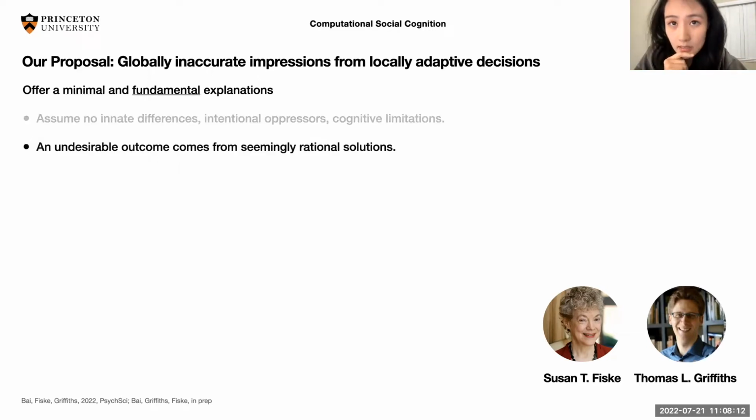Now, the process I'm talking about is a fundamental, general process. Just to give you a high-level overview, people are going to make new decisions based on their past experiences. That's it. It's actually that simple. This simple process is going to create bias at the end of the day. So I'm going to show how this seemingly innocent and almost rational adaptive exploration can lead to detrimental products like societal-level biases. Now, let's dive into what I mean by that.